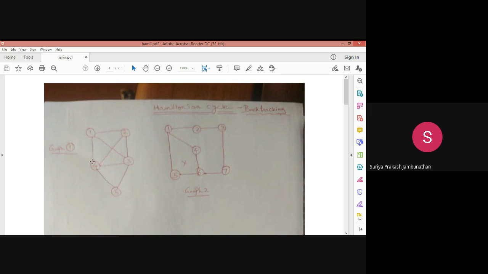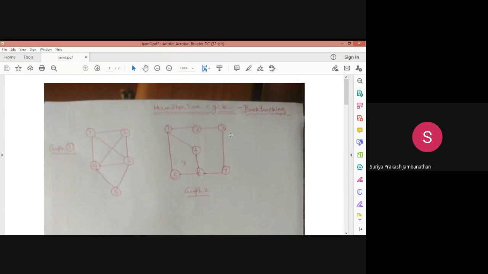From the fifth vertex, again fourth to 1. So there is a cycle. We are not visiting the same vertex again and again. So this comes under a Hamiltonian cycle. Okay. So in this case, we can form different solutions. This is one cycle I showed. In this way, we can form different cycles with the use of the backtracking method. So that's what we're going to discuss today with a simple problem.